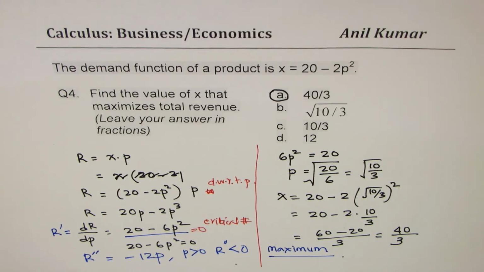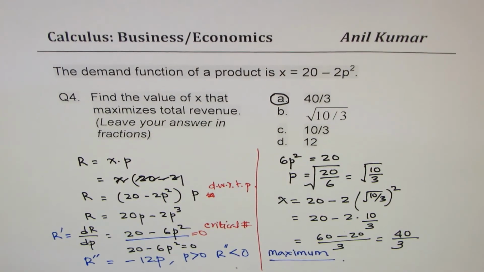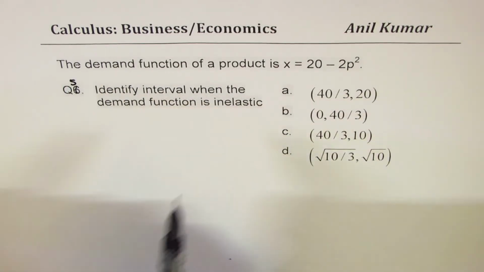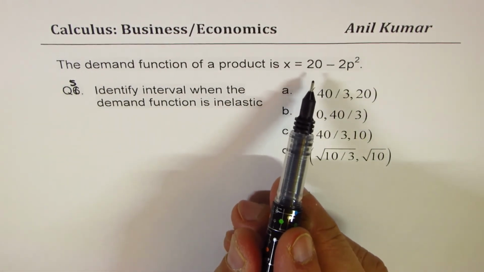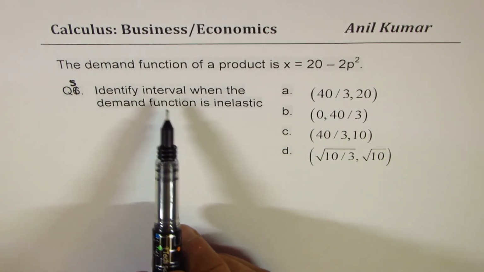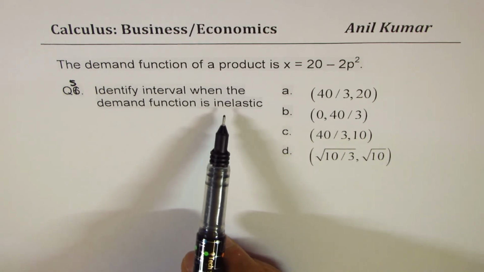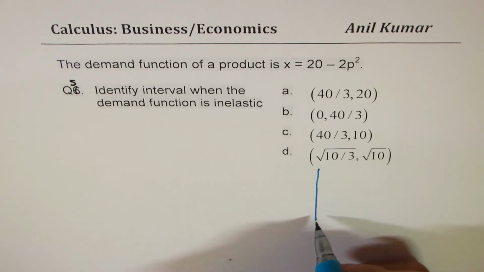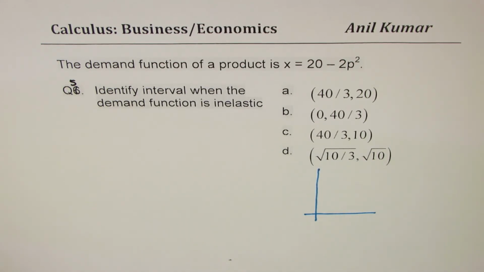So let's move on to the next question now. Now here is question number 5 based on our demand function x equals to 20 minus 2p square. The question is, identify interval when the demand function is inelastic. Now demand function will be inelastic when the rate of change of revenue is negative, right? So what we're trying to figure out now is the point where rate of change of revenue is